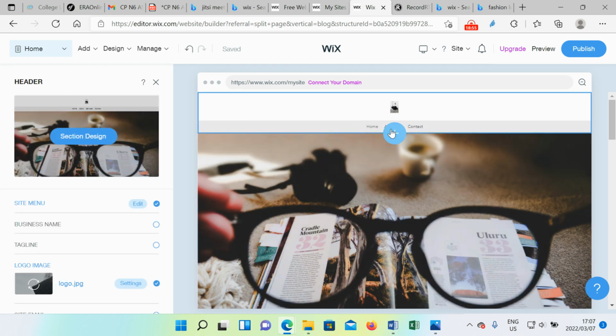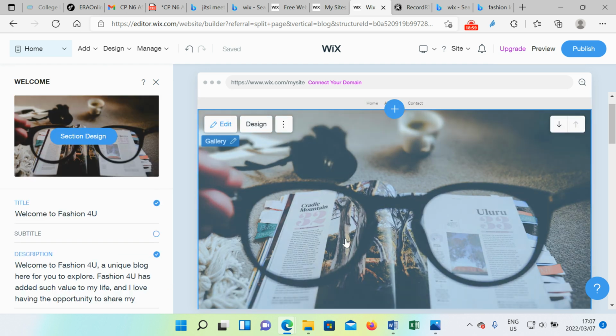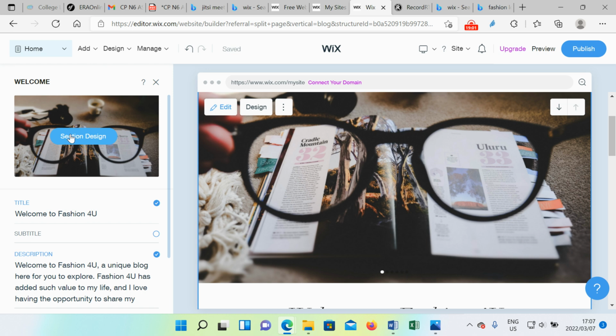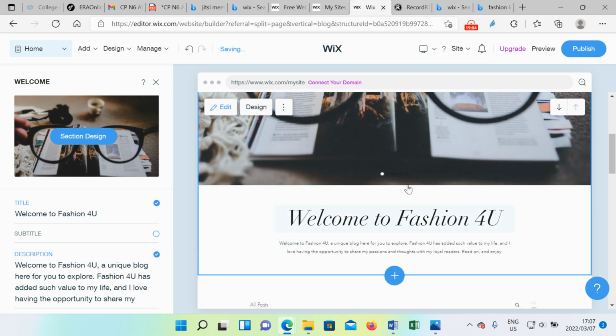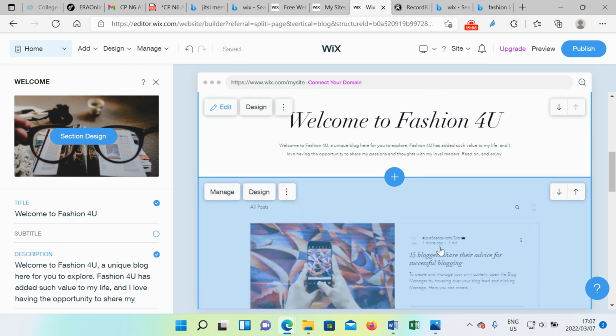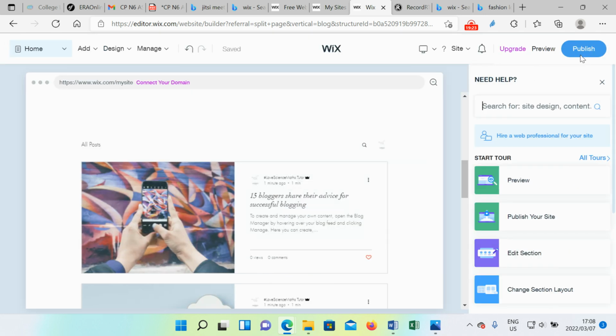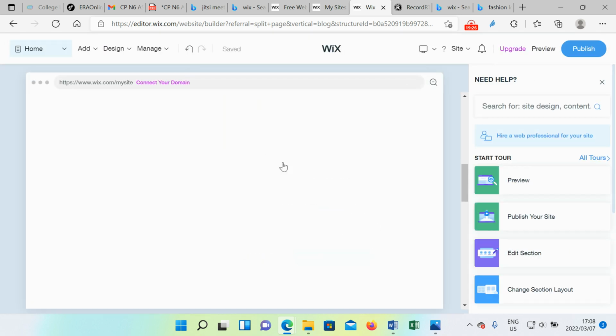Okay, so can you see there it comes up, and now it's so much easier, because when you click on that, then you can change, you can select a design. So if you want a different thing there, you can actually do that. This is a little welcome. So what's nice about this is you can say, listen, I want to manage this, and then you can go and say, oh, sorry, I've chosen the incorrect one now, because I don't want that there. You can actually go and say, okay,